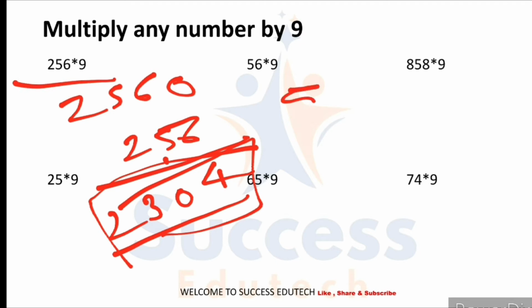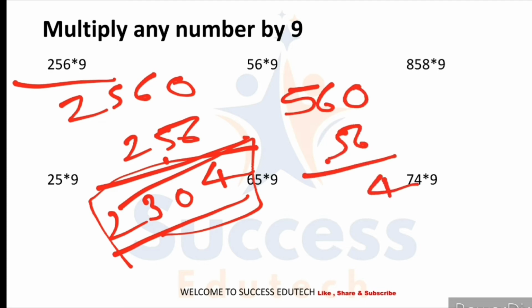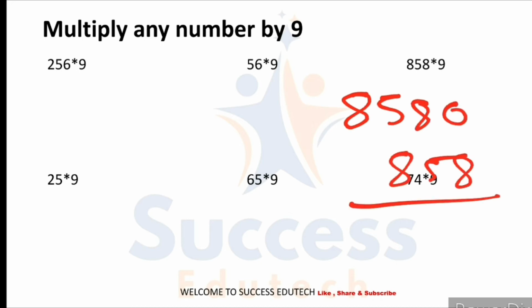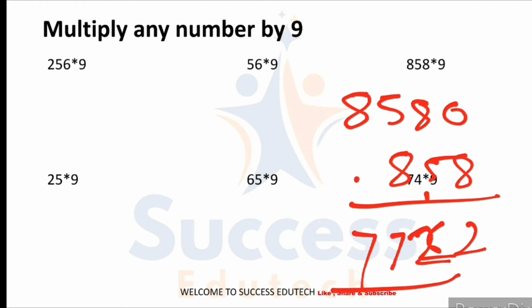यहाँ पे क्या करना है, 56 के आगे एक 0 लगाना है, देन सब्ट्रैक्ट करना है 56, तो बचे 4, 0, अगेन 4. So again same here for the third problem, that is 858, put a 0 and subtract 858 from the next number, that is 2 6 2 2, then 5 में से 8 गए 7, then 1 7 7 2 2, double 7 double 2. This is our answer of this question.